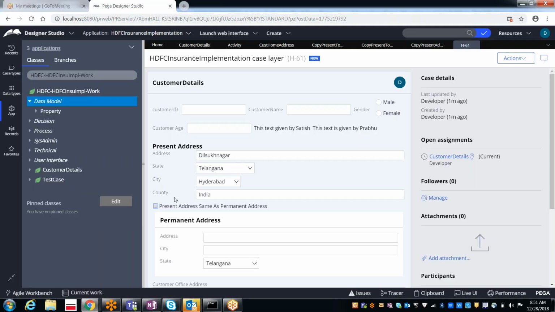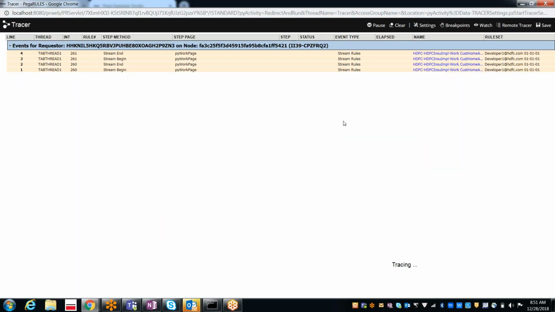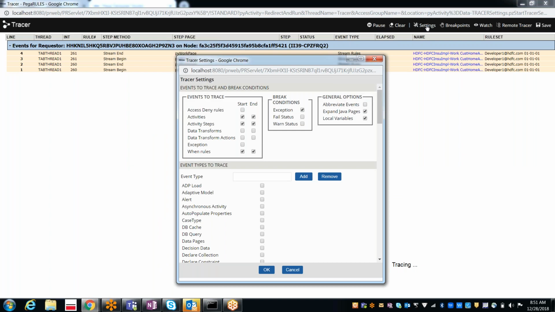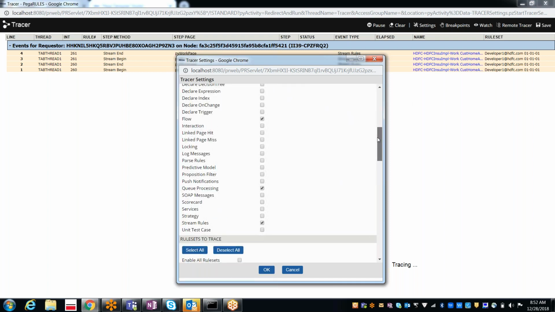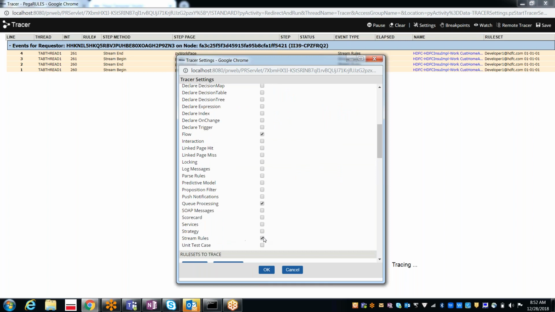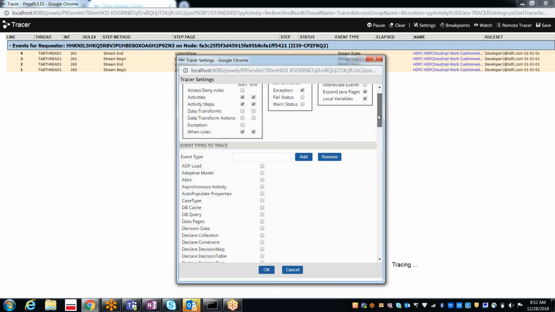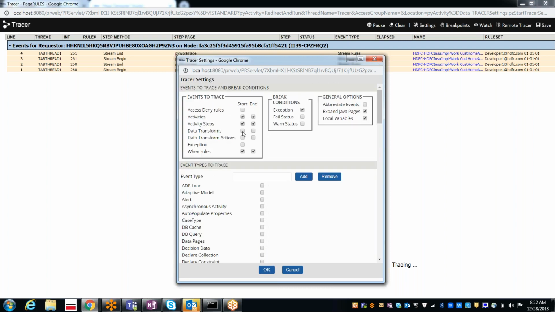Now it is tracing. Now click the checkbox. Okay, still it is not showing. What is the reason? Because under the settings, you only wanted to trace activities and selected some other rules: only flow rules, stream rules, and queue processing. But I did not select the data transforms to be traced. Once you select data transform, then only you can see those rules in the tracer.